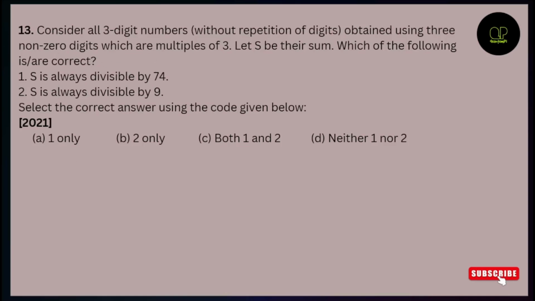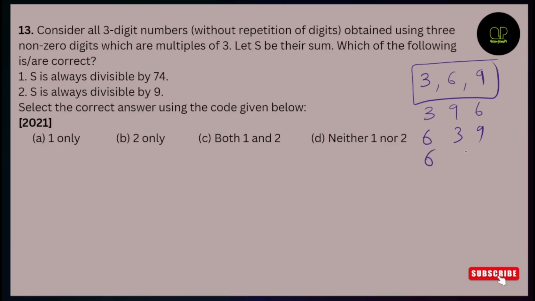So the 13th question, which appeared in 2021. Consider all three-digit numbers obtained using three non-zero digits, which are multiples of 3. What are the multiples of 3? So 3, 6, and 9. So you have to form all three-digit numbers with 3, 6, 9. One would be 369, other would be 396, other would be